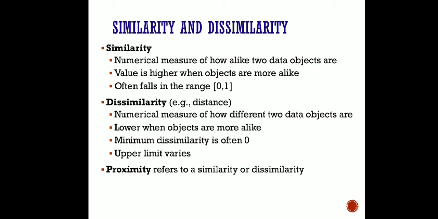We will keep it off for now, but still, similarity is a numerical measure of how alike two data objects are. You can understand that we are going to find out the similarity between two data objects, right? How it will be done, we will learn in cosine similarity after 2 or 3 slides. Then dissimilarity, you will see the example of dissimilarity as well.